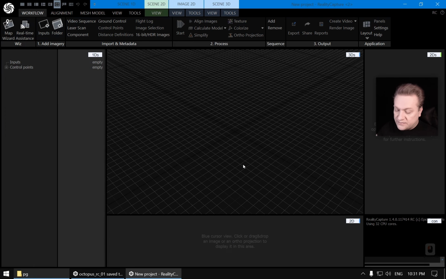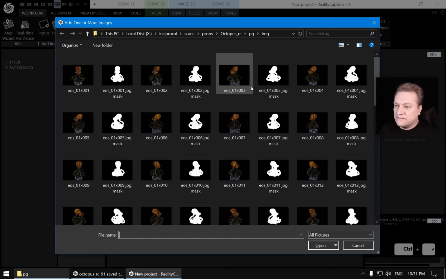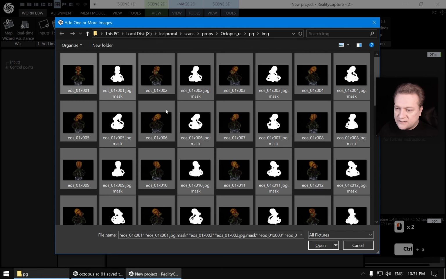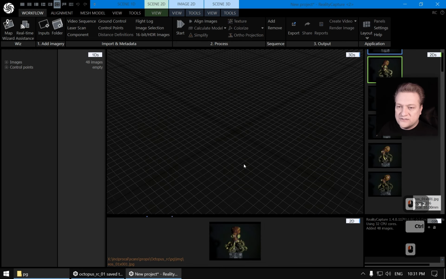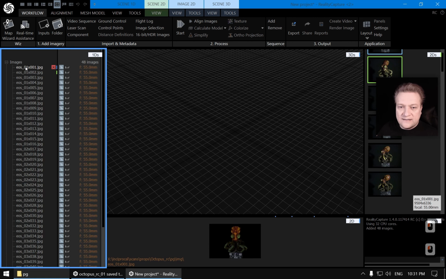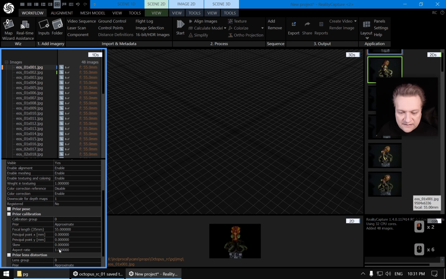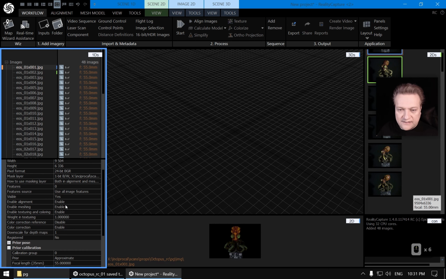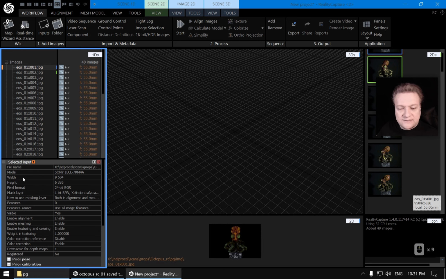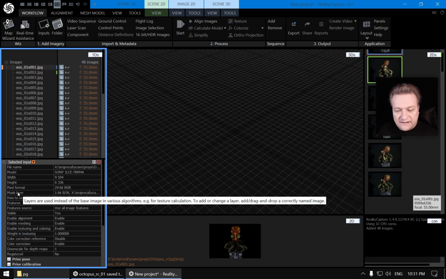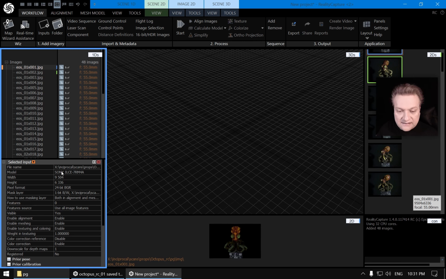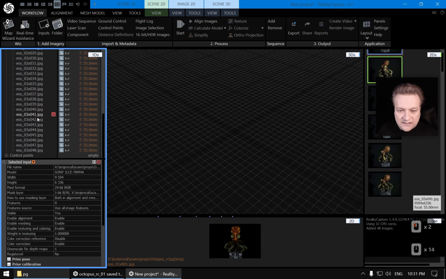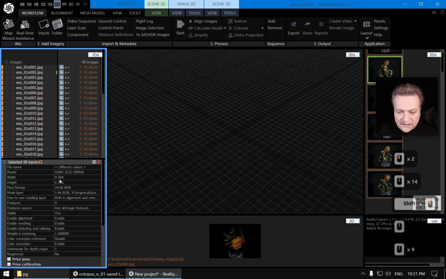So we open another version of Reality Capture. Now let's select all these images, let's import them. When we're clicking on images again as before, let's make sure that all calibration and lens groups are correct. And one thing that you see here now is that we have this mask layer and the stuff that I talked about. Let's select everything and make sure that